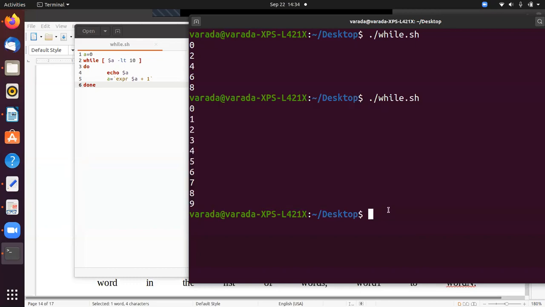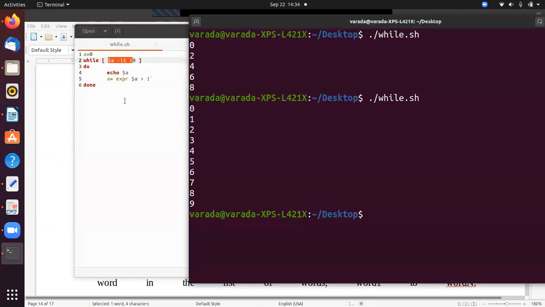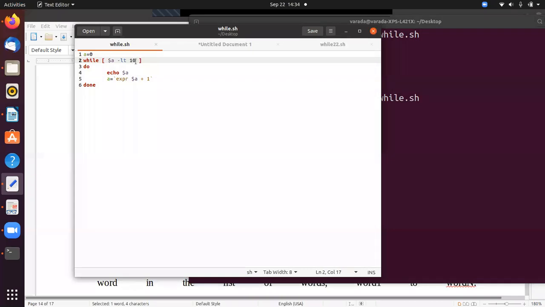Okay, so how can we write this? While here you are going to write the condition. Same program. For example, I want to print until 50 numbers, then I can change the value 10 to 50.